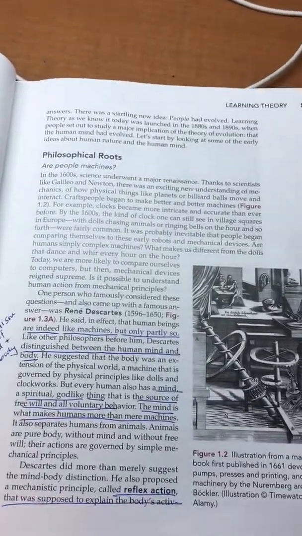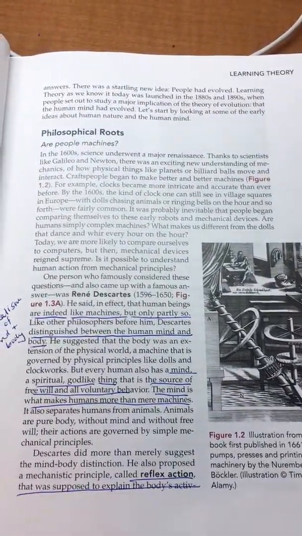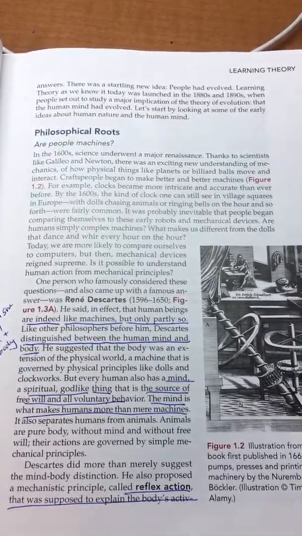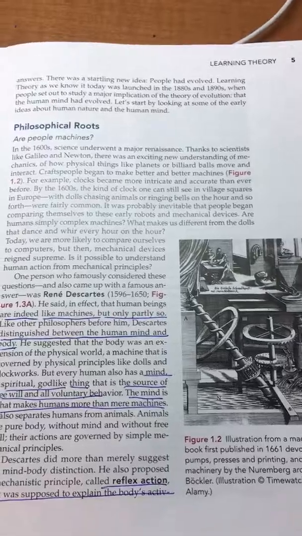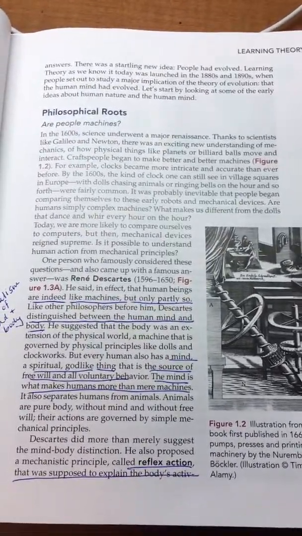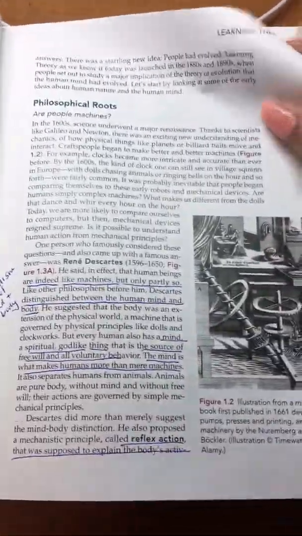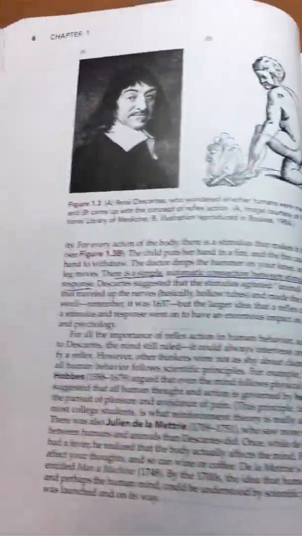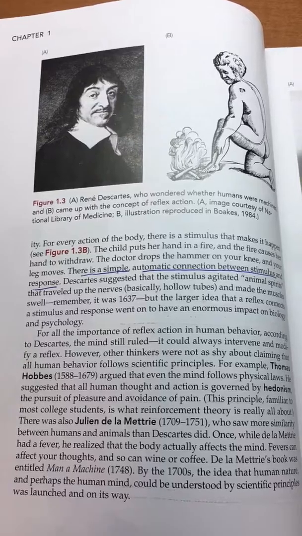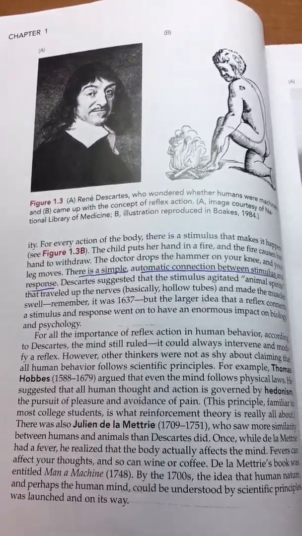So we then move on to Rene Descartes, who raised philosophical questions. He questions if humans were actually like machines, and he touches upon the concept of dualism, comparing the mind and human body to extensions of the physical world. He also proposed the principle of reflex actions, where he explains body activities and direct connections. And in this section, he actually compares a doctor dropping a hammer on a knee, and a person's knee would